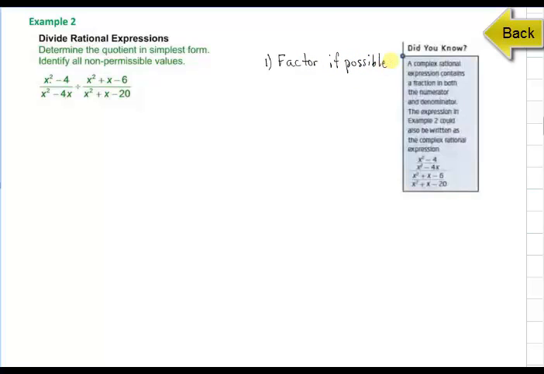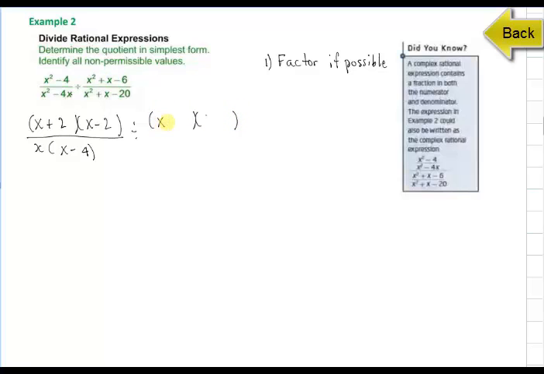So we'll do that first. In the numerator here, we have a difference of squares, x squared minus 4. When we factor that, we get a sum and difference: x plus 2 and x minus 2. Then take a look at this denominator. It's not a difference of squares because this x is not an x squared. It looks like we just have a common factor of x, and so we are left with x times x minus 4, and then divide it by, and then we will factor the numerator